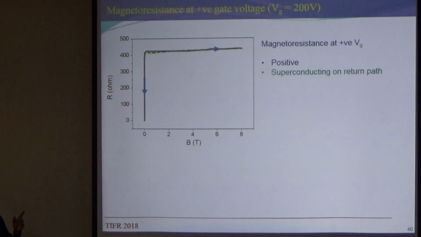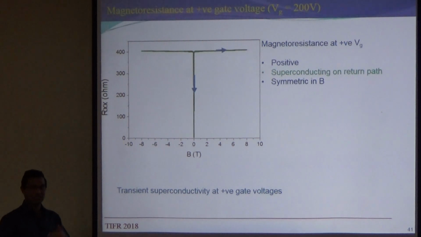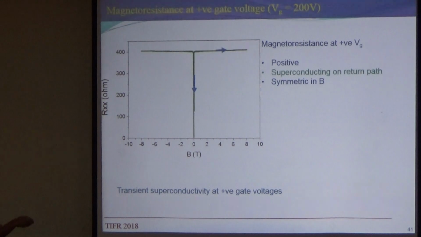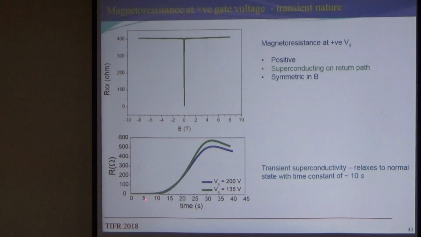But what we see here is that at 0 magnetic field the system was normal, I go to a high magnetic field, and I start sweeping down the magnetic field. As I get close to 0 field, the resistance suddenly drops to 0, and it is symmetric in magnetic field. This is what we call a transient superconducting state. It is called transient because if I stop at 0 magnetic field,